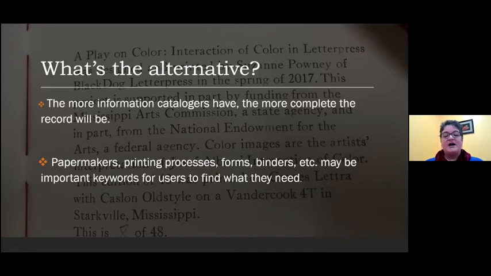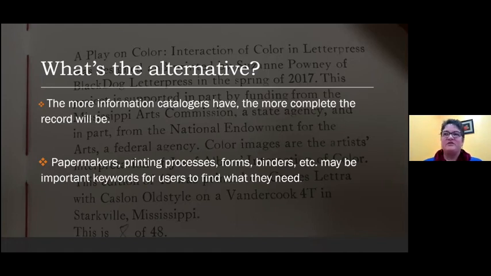This also actually helps me as somebody who teaches with artist books and who recommends artist books to other people who teach in my institution, find things. You know, maybe I need content, but I can't remember the title, but I know that it was bound by, right? So then I have a way into the record.